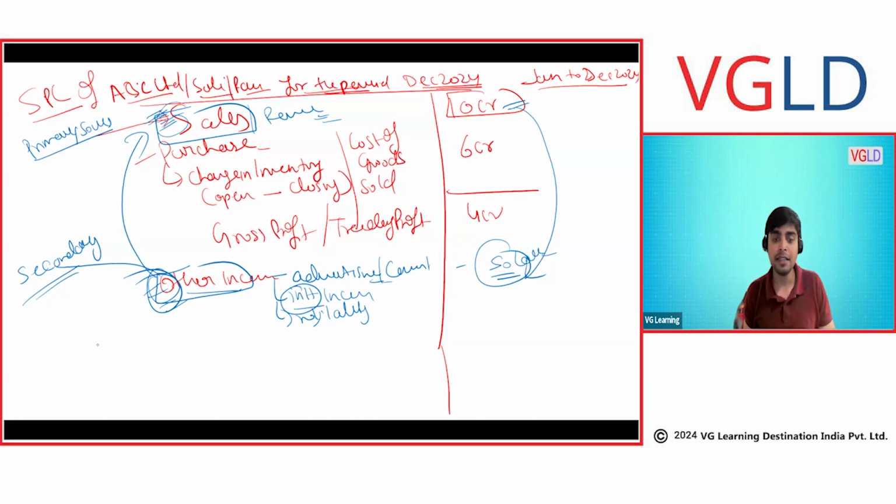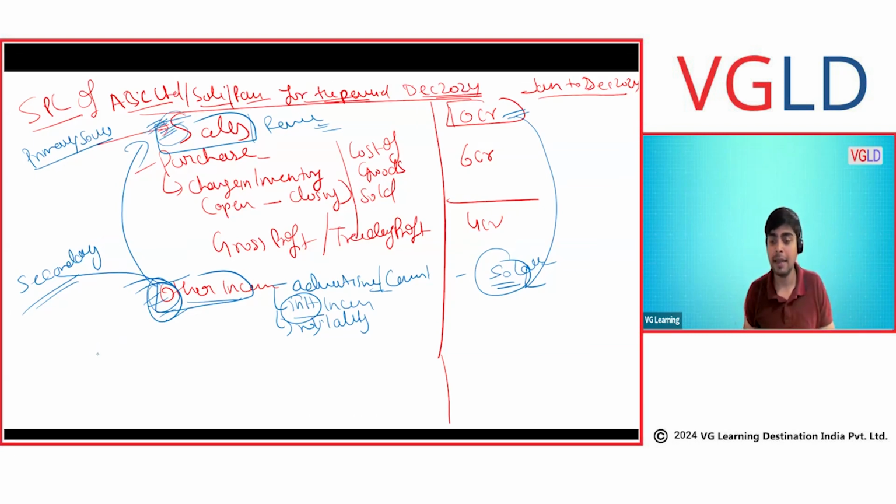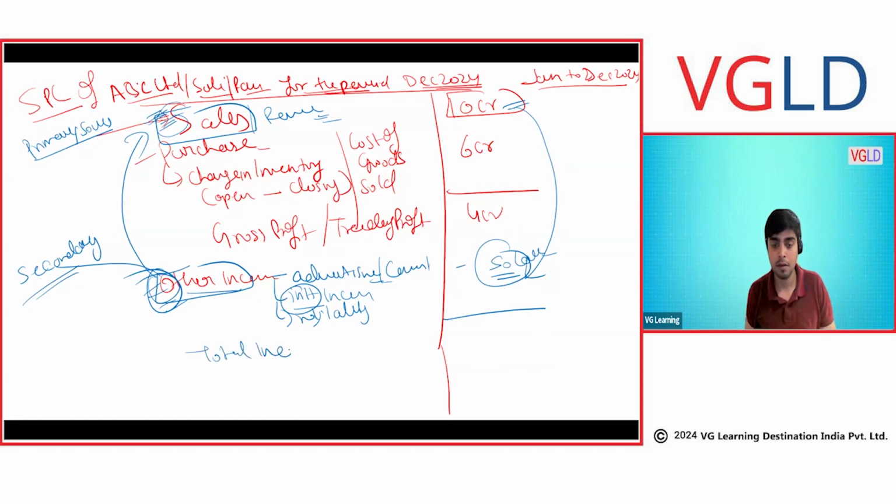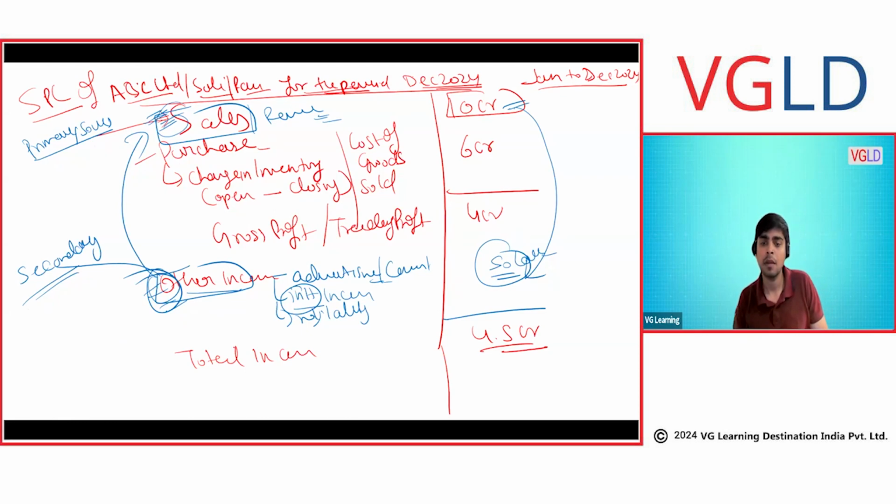Now, after this, we'll make the total income. This will be your total income. Let's say 4.5 crore. Now, I'm talking about income. I'm not including expenses right now. Let's talk about the expenses. Workforce is your employees and you pay them salary. So salary is an expense.